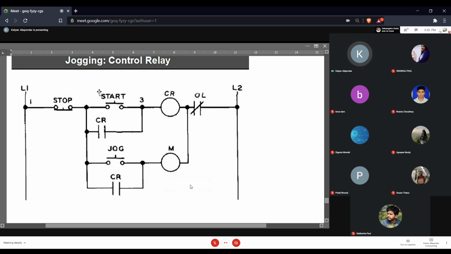And you're in the start mode. So when the normal start mode is pressed, the motor is going in the normal state, it's continuously operating. Then if you press the jog switch, it has no role to play because you are operating the motor in a continuous mode. If you want to enter the jog mode, first you got to stop the motor, and then every press of the jog causes the motor to turn as long as you keep the jog switch pressed. In that case, if you press the jog switch, what happens is